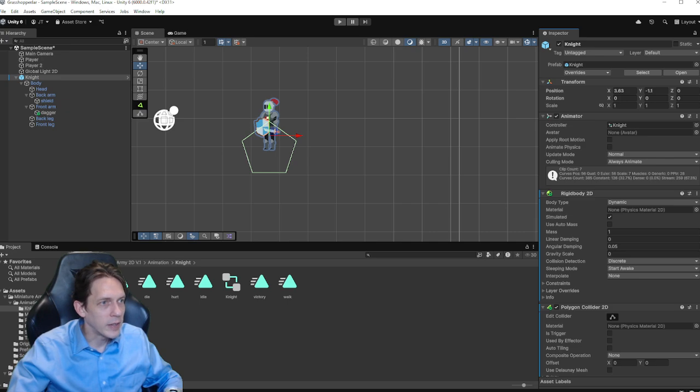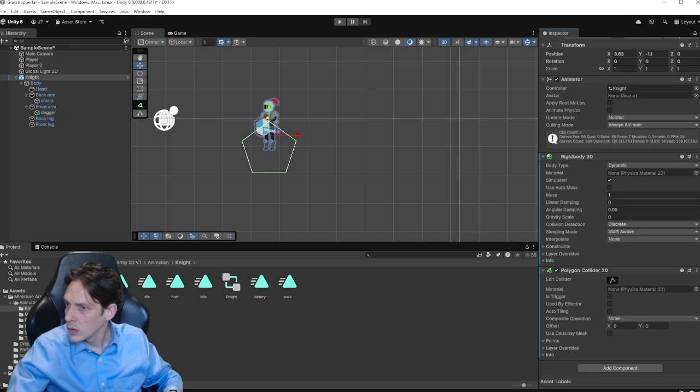Okay, that's wrong again. In the collider component, we need used by composite. Used by effector. Used by effector. Used by composite.